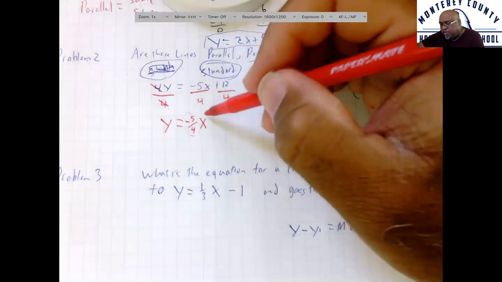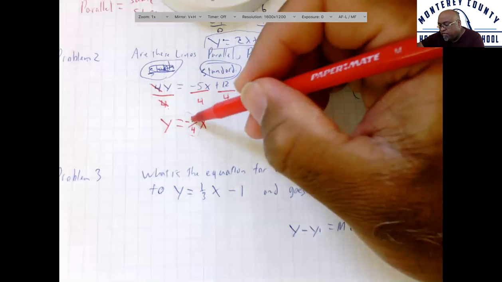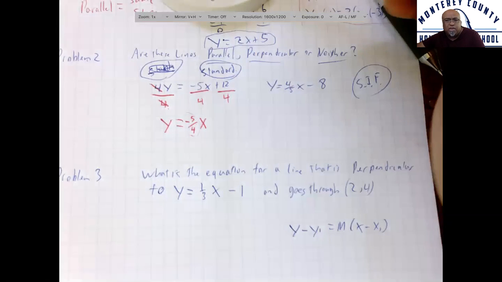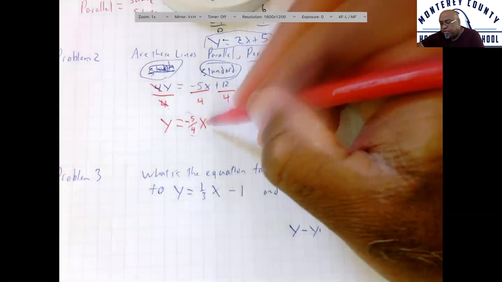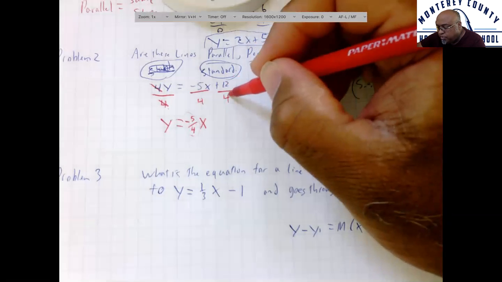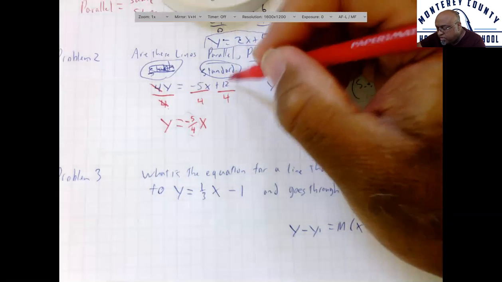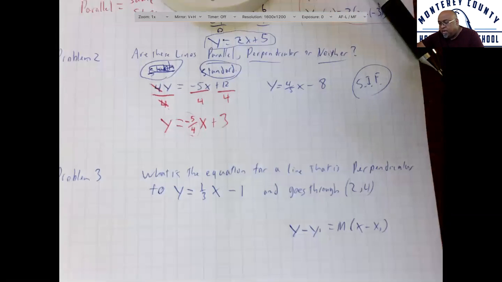Even if I did, it's still the same. So it would be negative 5x/4 or negative 5/4 times x. Either way, it's going to be the same. It's just more algebraic if I write it this way. So now I have 12 divided by 4, which is 3, because 4 times 3 is 12. Okay, so now I have